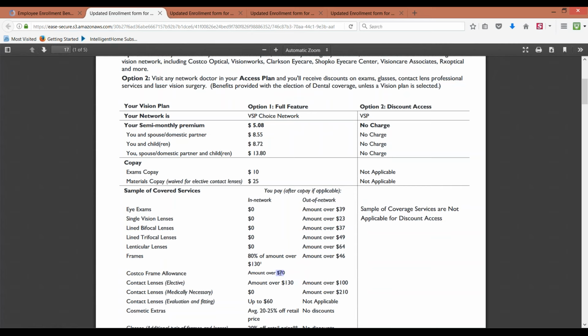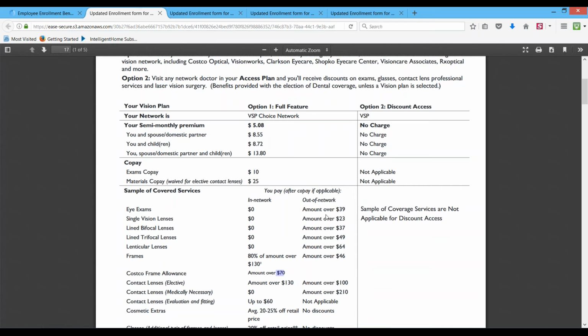I've even heard rumblings that some of the really nice Walmarts out there, there are some Walmarts out here by us that are beautiful inside. They look like mini Costcos. You go inside, they have an optical department that can get you out for very cheap and utilize all the benefits of these plans. Now, Walmart isn't in network, but they do an awesome job of getting you in and out of there for a really low cost. Since this is a PPO vision plan, you definitely do have out-of-network benefits. They're just not as good as when you go in network.